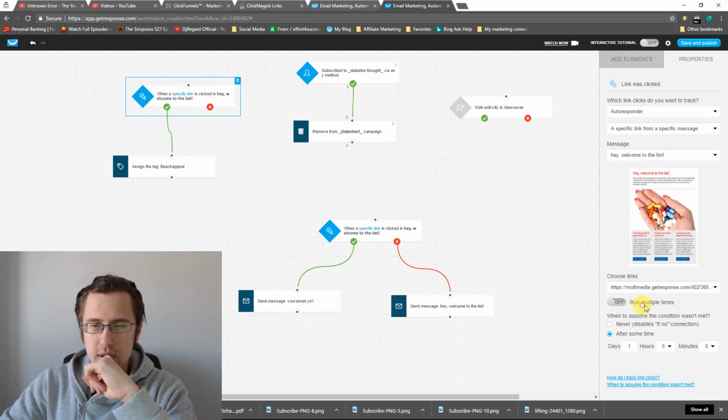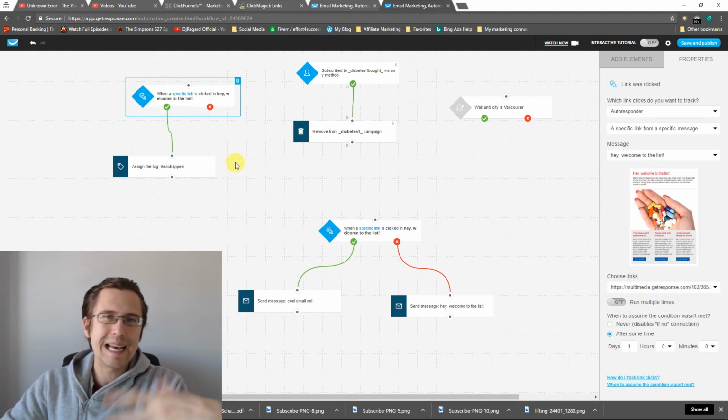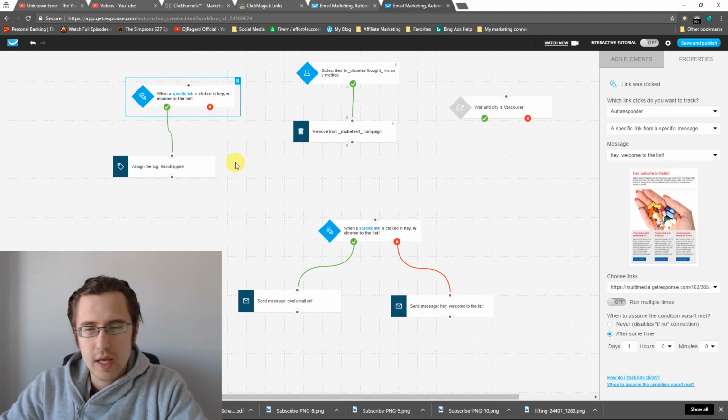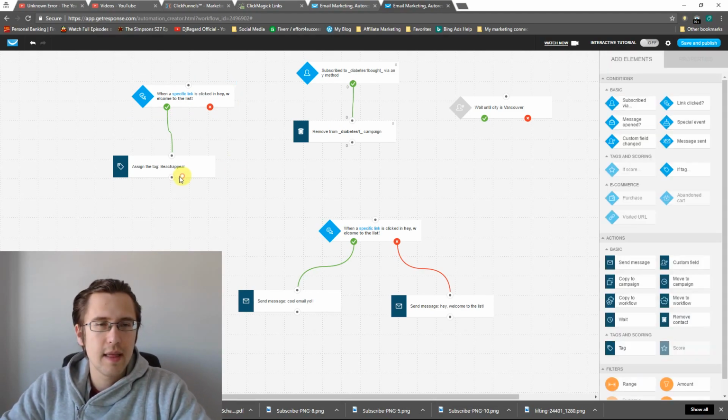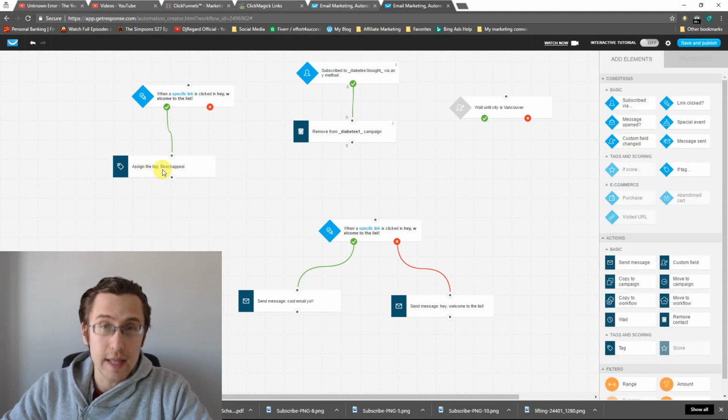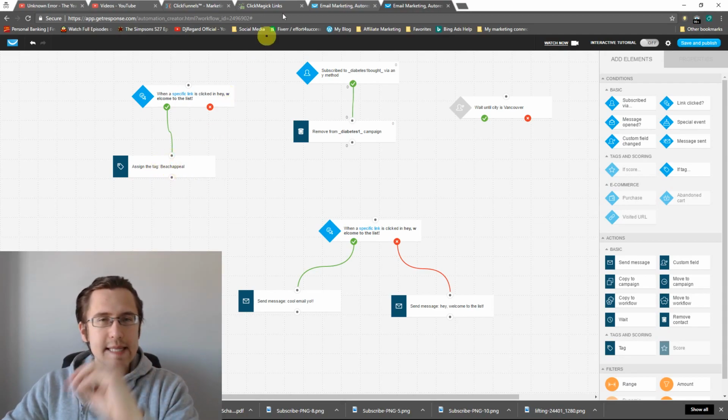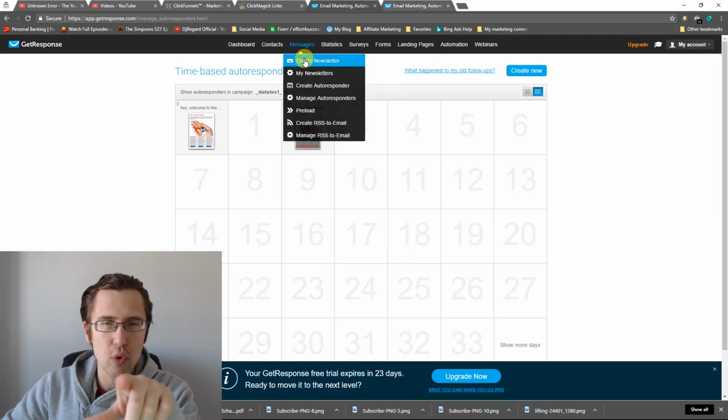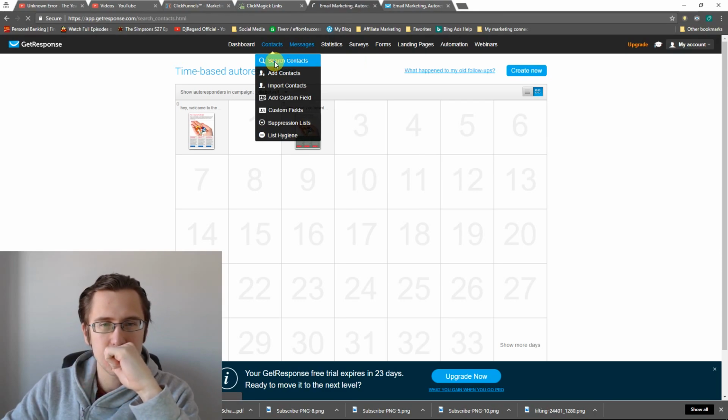Here we have this link. Okay, so just select that. So basically when they click on that download free file, they'll be assigned this link. That's really cool. And where you can see your tags is if you go back to your contacts, click search